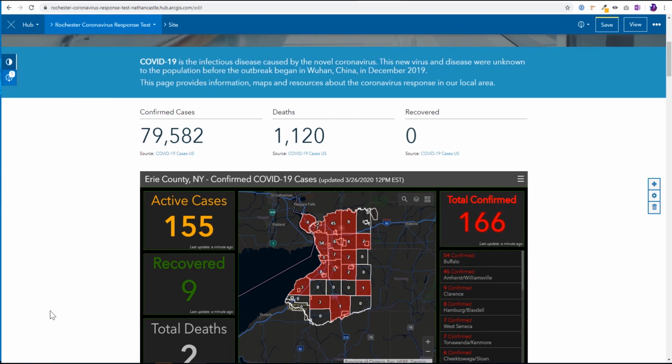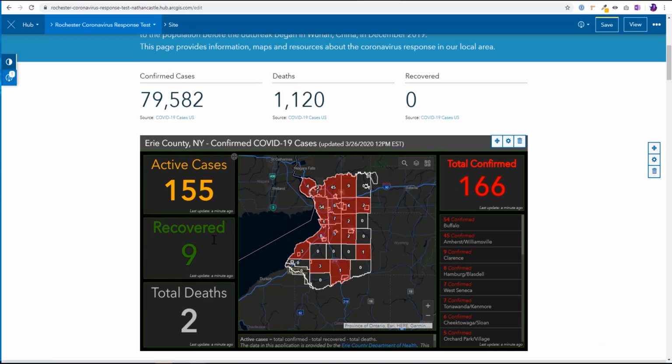One thing you would want to keep in mind is this dashboard has a lot of text on it, a lot of content, so it might not be as mobile friendly as you would want it to be. There are some ways that you can work to get your dashboards more mobile friendly. You could design them as individual cards and place a few dashboards on the page. So you'll see if I save and then I view this page,